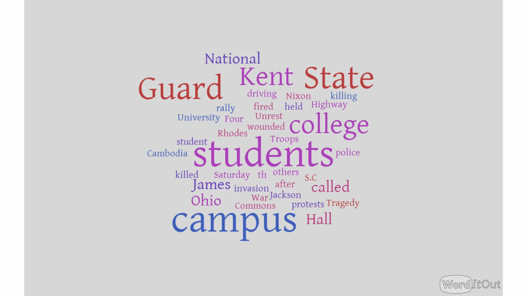My word cloud is not as elaborate as Dr. Cook's word cloud in his article, because I'm dealing with a significantly smaller pool of words as I only used 3 markers. On my word cloud, which combines all 3 of these markers that we're going to look at, words such as student, state, campus, college, guard, Kent, and national appear more frequently, and as such, their text is bigger. And this actually makes sense because all 3 of these markers commemorate student protesting to some degree. Jackson State's marker, as we'll see later, actually even mentions the May 4th tragedy, which is why Kent is rather big on the list.